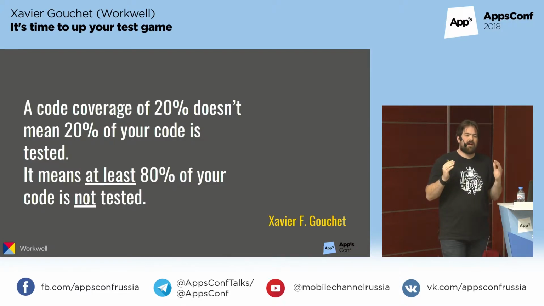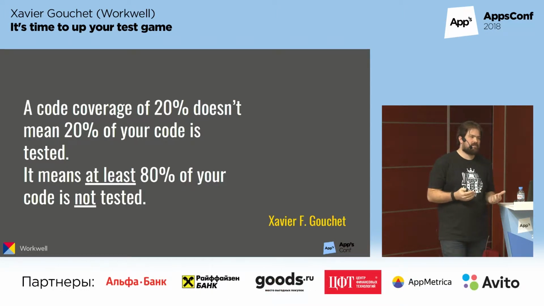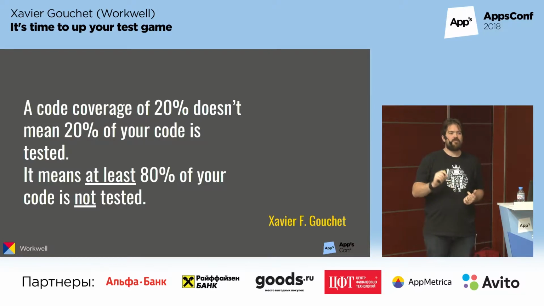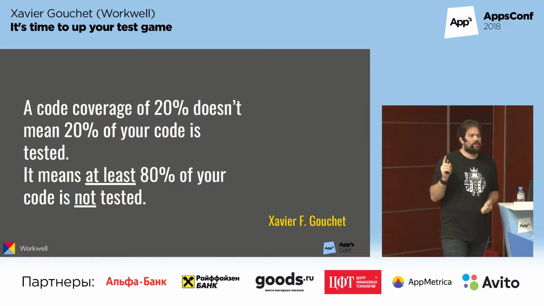Just one thing to know is that you shouldn't think of code coverage as "yeah, I have 20% of my code tested." You should think that at least 80% of your code is not tested. Look at it the other way around. And never, never, ever give the code coverage information to anyone outside of the tech team. Because when it goes to management, they're going to say, "oh, we have 20%, we should go to 50%, we should go to 100%," and they think it means